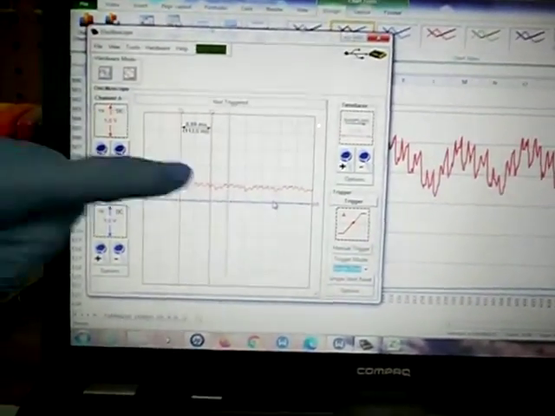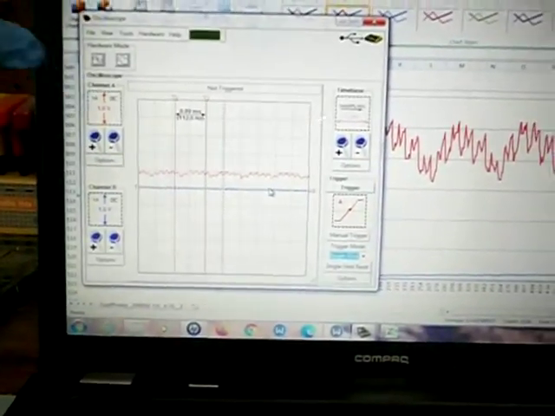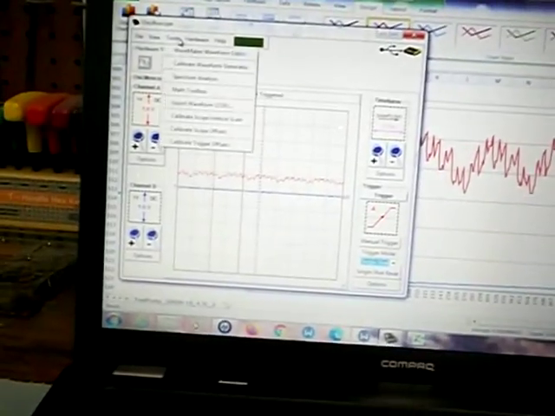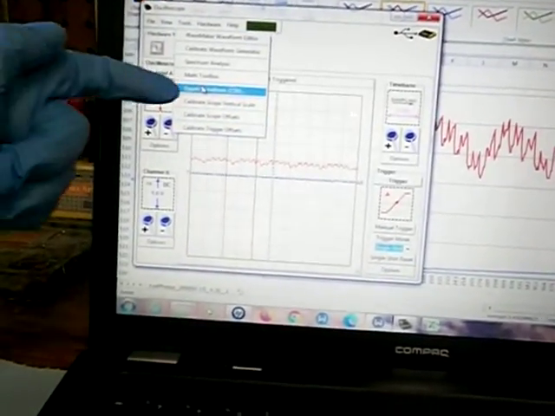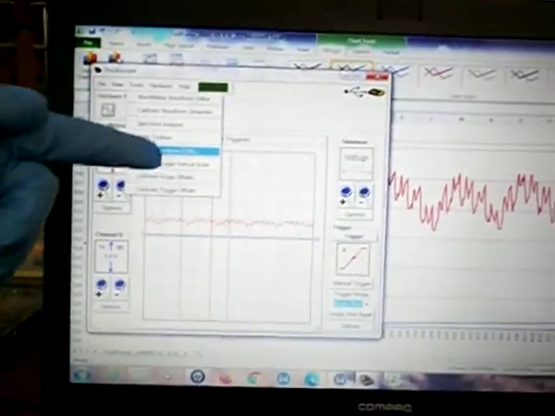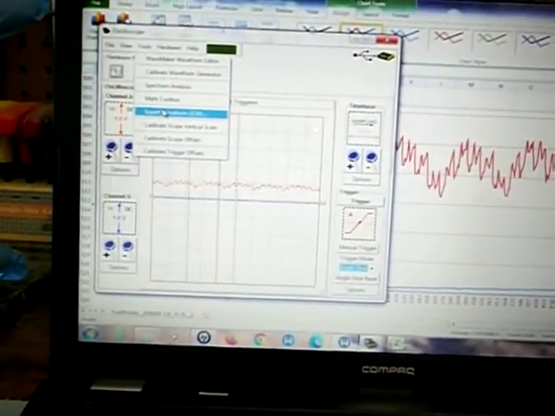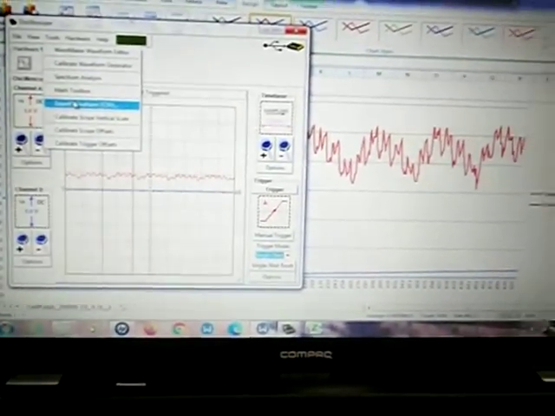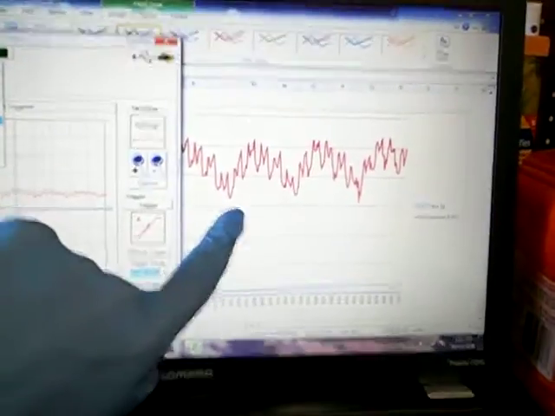And now to record this, you go up here to tools, you have to actually have the waveform on there. And then you just hit the export waveform, and it's going to export it into a CSV. That's a file that you open in some sort of a spreadsheet like Excel. So in the background I have Excel opened, and if we look here, we have a low spot here and